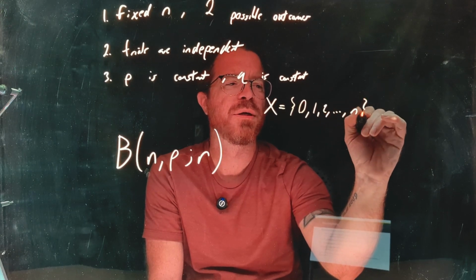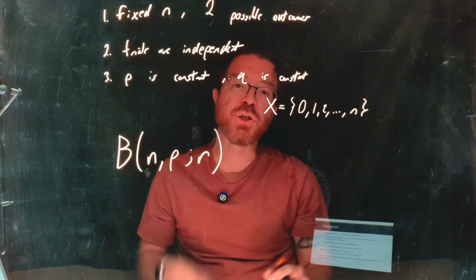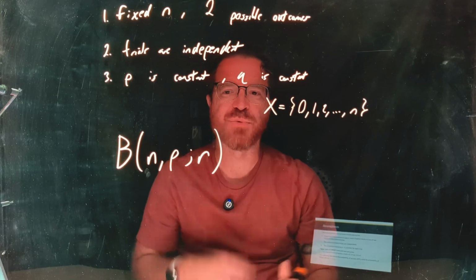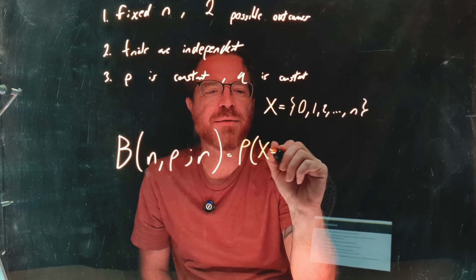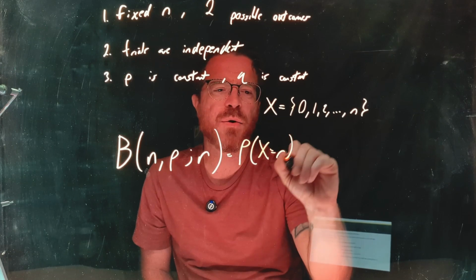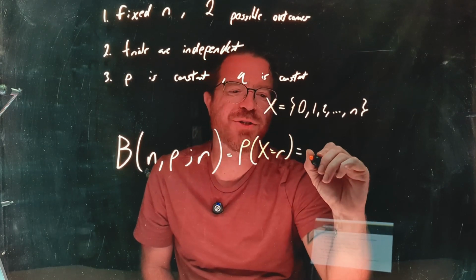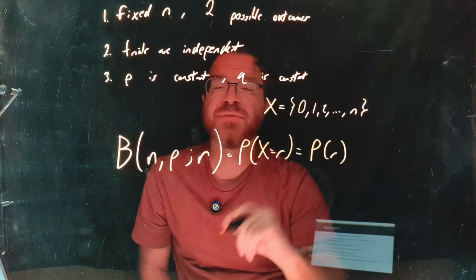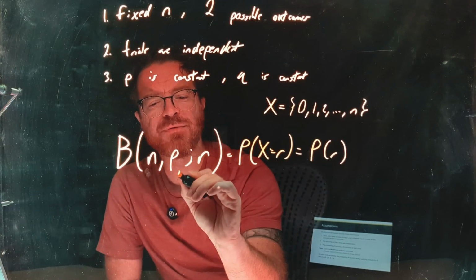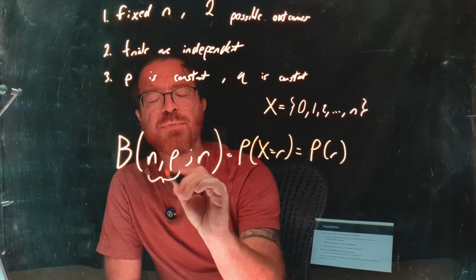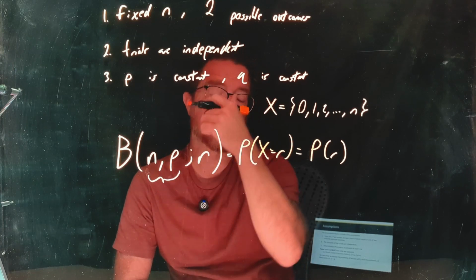up to n. Now, the way that you'll actually write this is you'll usually just write something like the probability that x equals whatever that value R is, or more likely, what most people are going to do is just write, what's the probability of getting R? But this is actually what we're solving for. And the reason this part goes before the semicolon is that